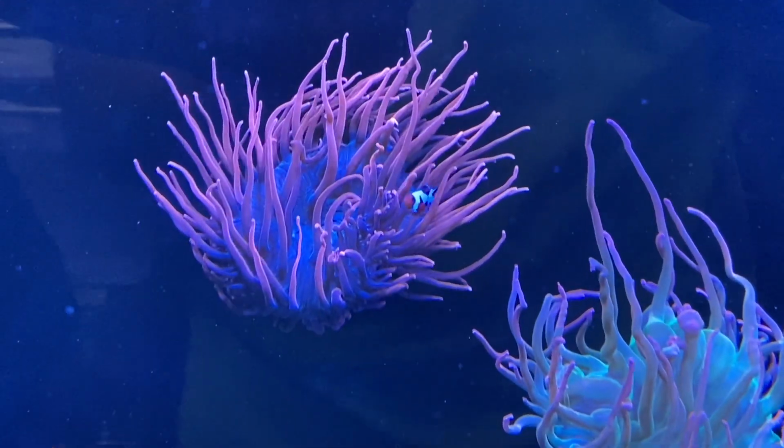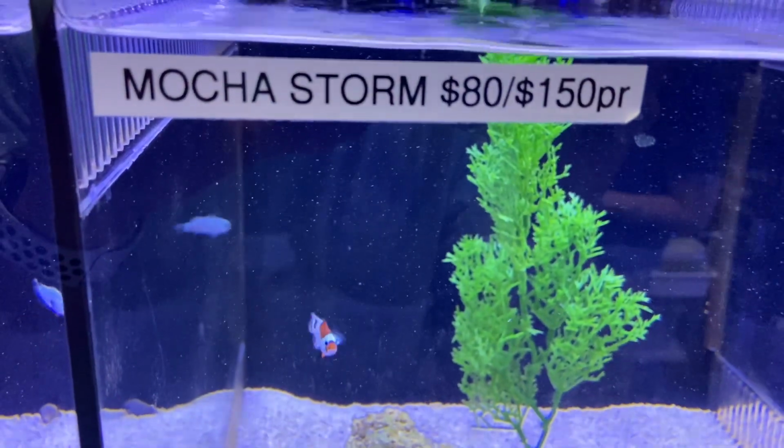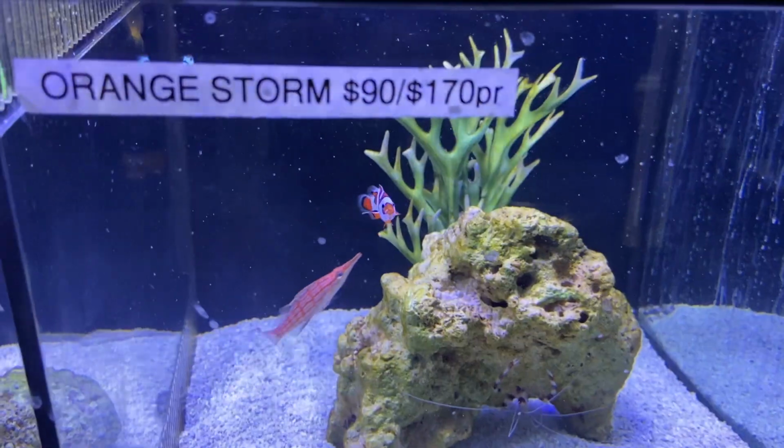There's likely not going to be any aggression between those. So those are the ones that should be fine to mix and match. Get different species together, Ocellaris and Percula. The ones that you want to avoid,